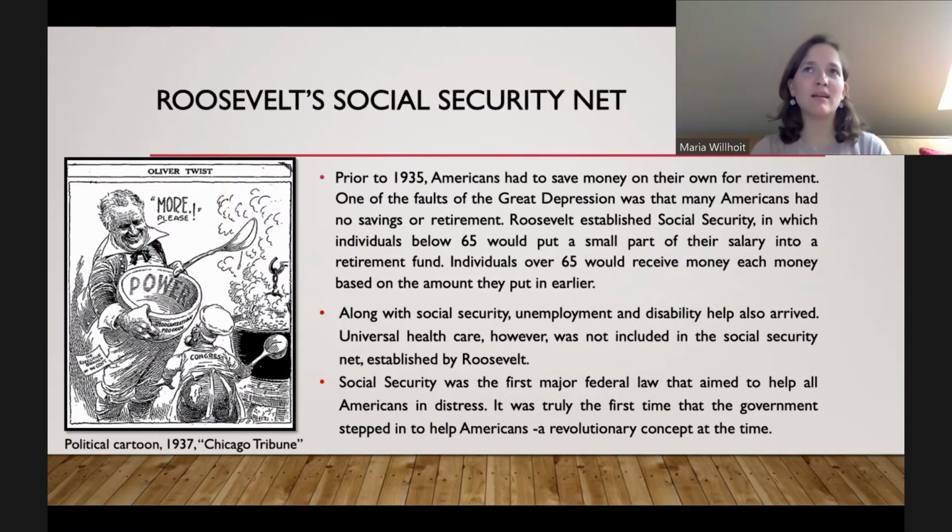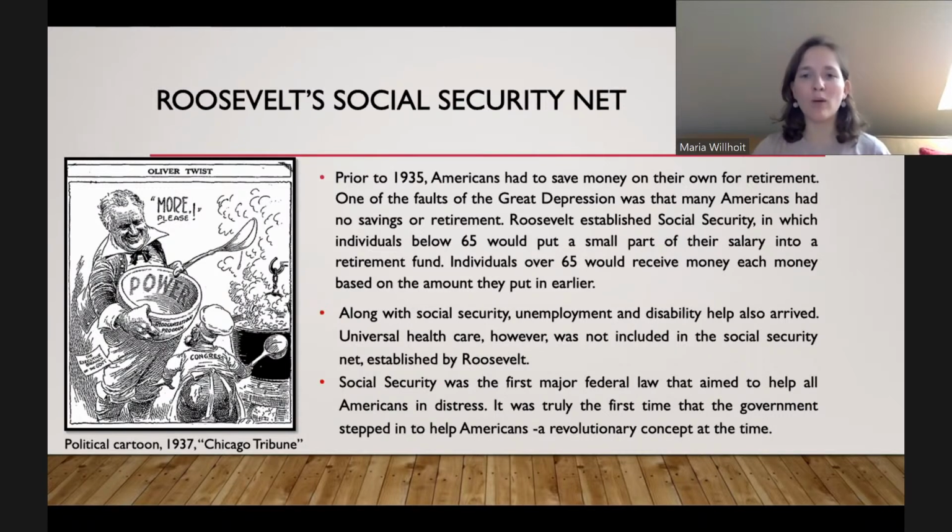And it's a very revolutionary concept because prior to Roosevelt and Social Security, we don't have anything like this in America. And this had two major consequences, really. First of all, it ensured that Americans had a guaranteed level of security or well-being. You're not going to be rich off of Social Security. You're not even going to be remotely wealthy, but you're not going to hopefully find yourself homeless. That's the goal.